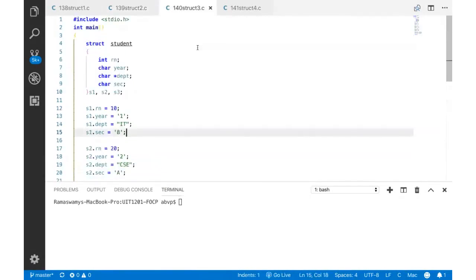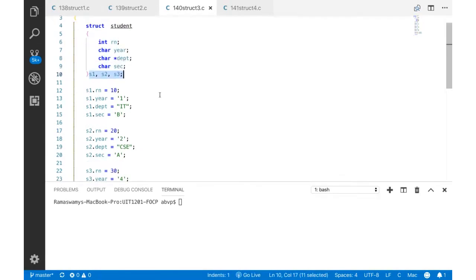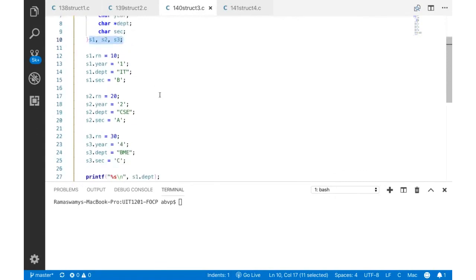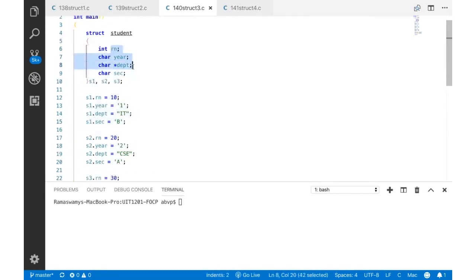In this program, we have created a structure and three structure variables S1, S2, and S3. And assign the values to S1, S2, and S3, the corresponding members. So as you can see, each structure variable gets its own reference to the members.